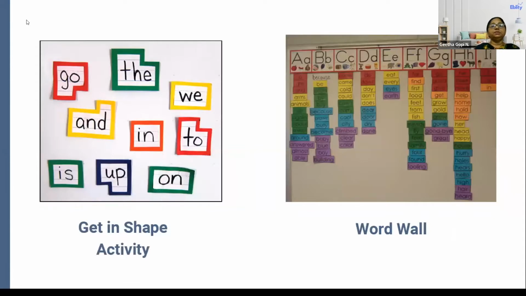Get in shape activity. Again, some of the children, especially those who learn better through the whole word approach, the shape of how the words are, that kind of helps them to understand, recognize, and retain words better. So this is again another very visual form of learning. This can help, and children can also trace the edges of these shapes, which helps them to identify the words